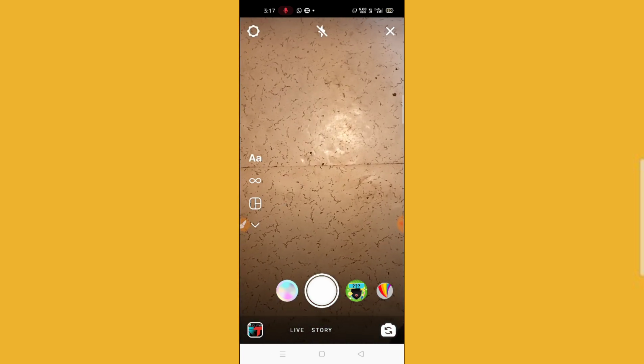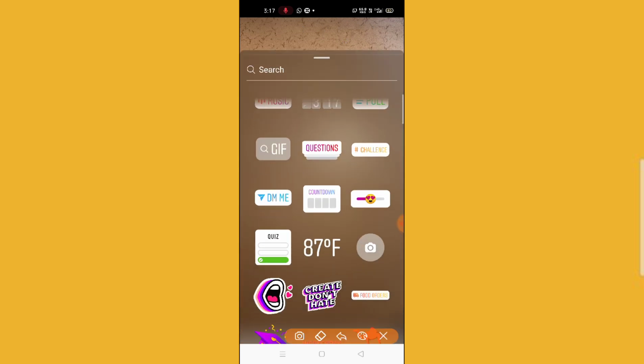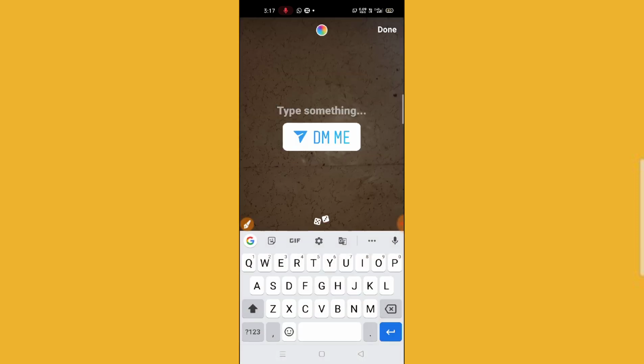You have to just click a picture here, and then after clicking a picture, what you have to do, you have to click on this option. You can see here sticker option, and then you will find an option DM me sticker if you have updated your Instagram. So let me just click on DM me, and then if you want to type anything, say, me your